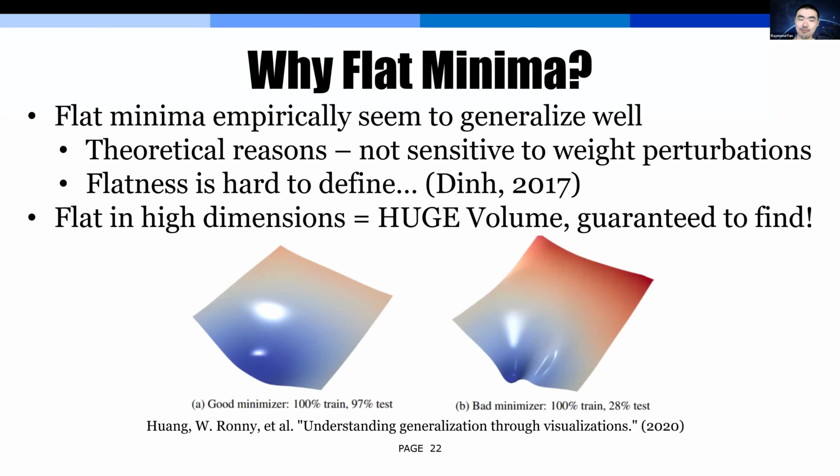And this idea is pretty old. It has empirical results where people seem to find that when they train a network and evaluate how flat the minima is, the ones that have good test error tend to be very flat. As you can see over here, and I pulled this from this paper, you have this very flat minima that has 100% training accuracy and fairly good test accuracy, whereas the bad minima can still get 100% training accuracy but has very low test accuracy.